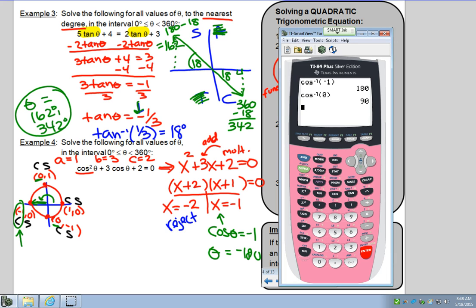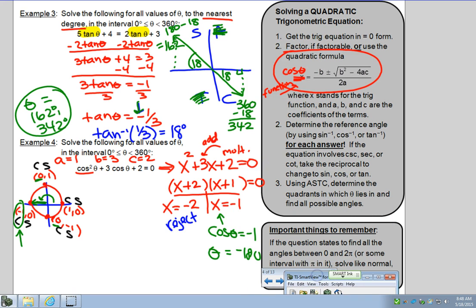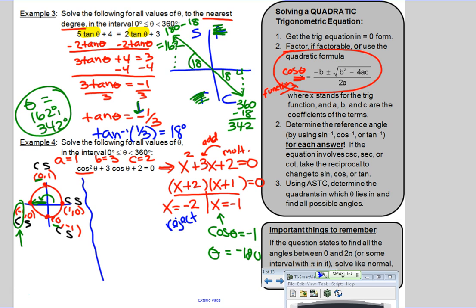Now, if you did Pythagorean theorem, I said I would show you that. If you did Pythagorean theorem, it would work. You would actually get negative 2 and negative 1 as answers. So let me show you what that would look like. So we're done with the problem. The answer is only negative 180. But just for the sake of showing you that it would work for the